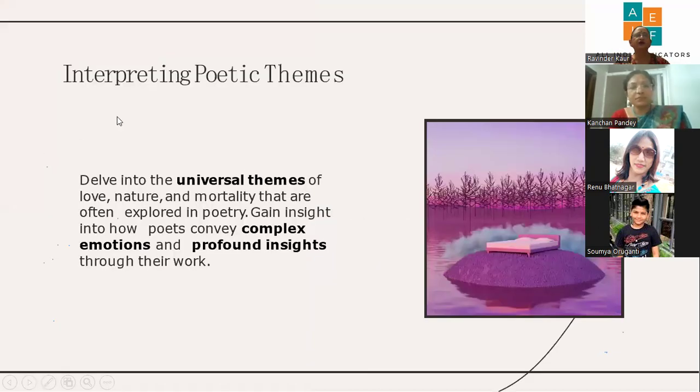Now, interpreting poetic theme. Theme also we must tell the students. Delve into the universal themes of love, nature, and mortality that are often explored in poetry. So, we have seen in the poem Daffodils, what type of poem that is, that it is telling about the